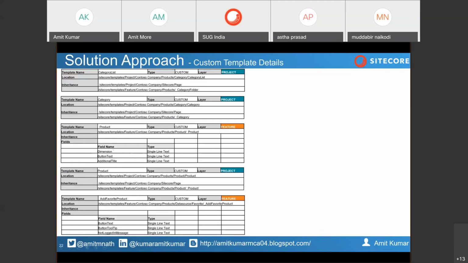As per my need, I can create an image gallery or some sort of other feature also, and I can inherit it in my project layer for a particular page so that I can display different items. And add as a favorite will also be related to the product. That's why you have seen that I have stored that in my product folder itself. So this is the button text, button tooltips, not logged in user, because add as a favorite will be a button. So I need to display that on each and every page. These are the additional fields I will be adding into that.